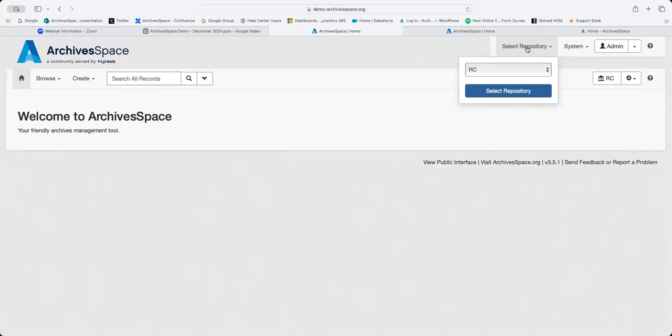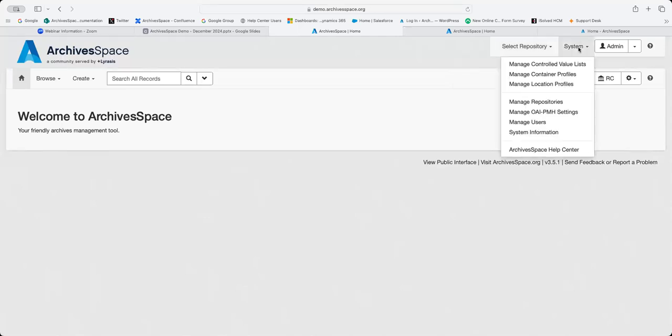If you are an administrator of your application or have a higher level of permissions, you have the ability to move between those repositories in the application. There are 2 repositories in this test instance, and these are their abbreviations. But if you don't have that level of permission, you're just a regular staff user who works within one single department at your organization, then you would only have access to that one department. But if you had a higher level of permission and you needed to move between different repositories, you would be able to do that here with Select Repository.